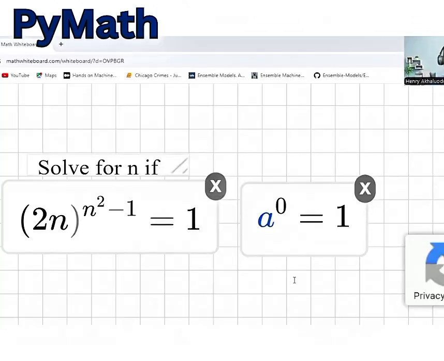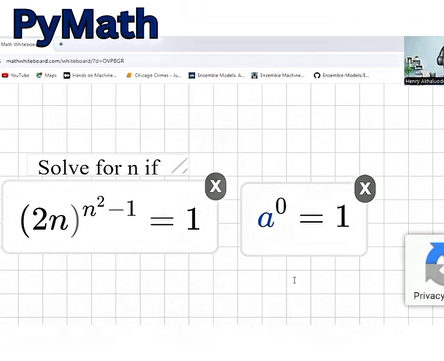Let's go on now to the question and share our perspective on it. Now, the question here says, solve for n if, in brackets, 2n to the power of n squared minus 1 equals 1. To solve this problem, we'll quickly recall one of the laws of indices that says that any number